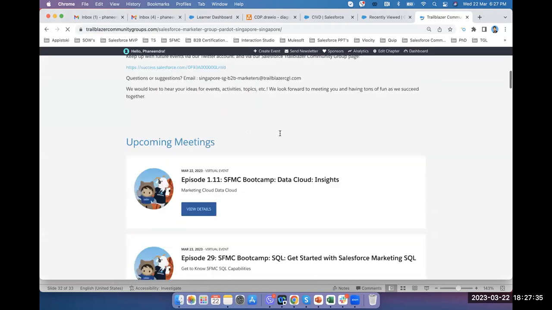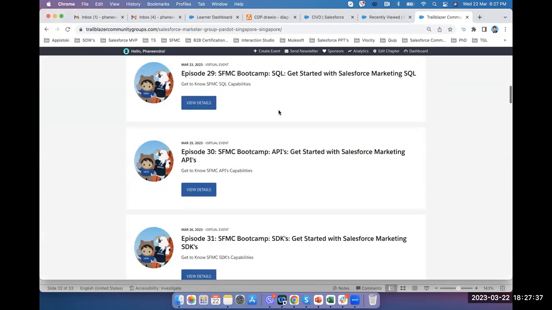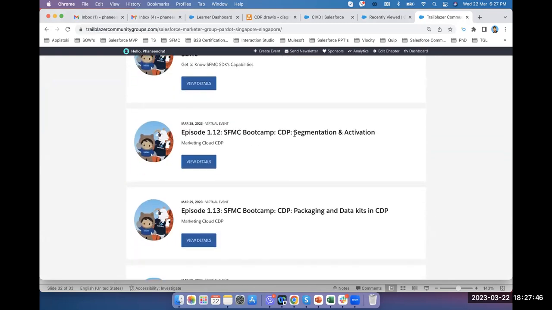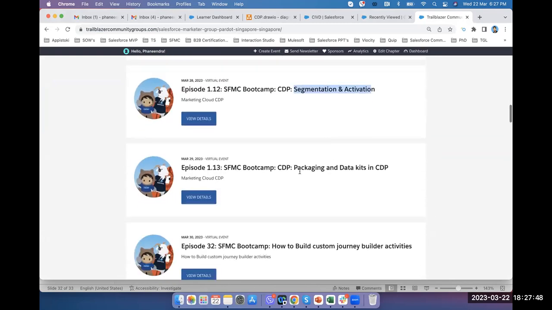We also have the next couple of sessions on Salesforce Marketing Cloud development, SQLs and APIs, SDKs. After that, when it comes to Data Cloud, segmentation and activation, and then I'm going to talk about packaging and data kits. This is an area where you need to understand more about how to deploy